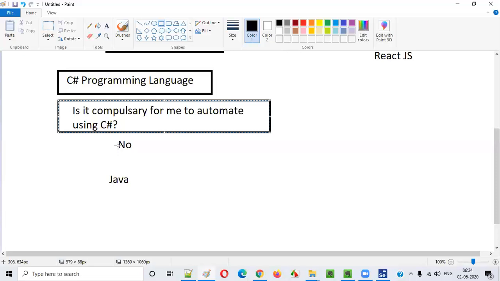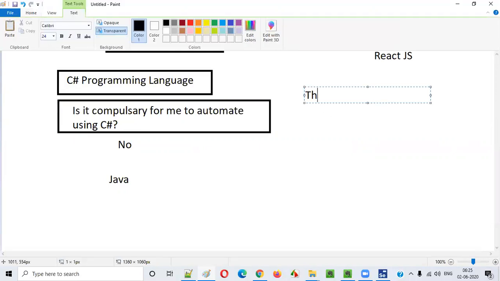It's very simple, guys. The answer is there in the question itself. If the developers of the application have developed it using C Sharp, and your automation testers have also automated in C Sharp, what will be the benefit?